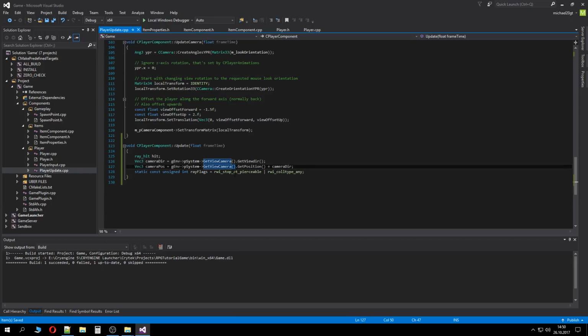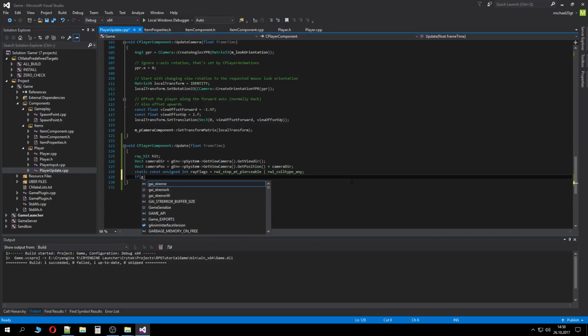So these are the flags that we define for the raycast. What should it hit? What should it avoid? I mean, like, what should it skip when hitting, and all the stuff. This is basic stuff that you're gonna wanna use for picking up items. So if